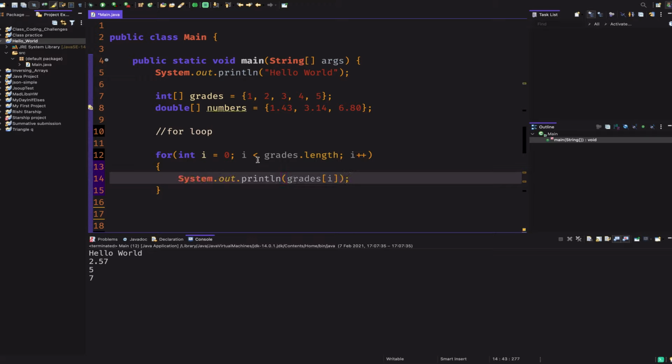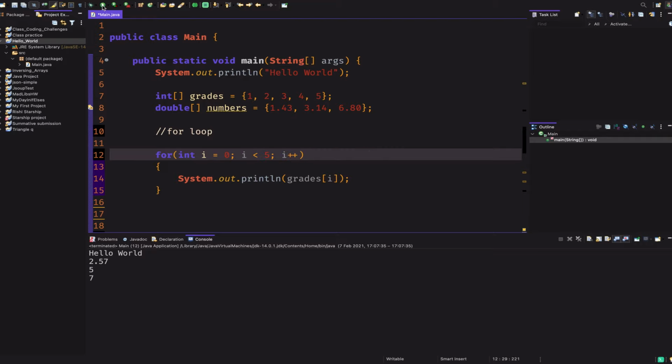The reason I put grades.length here and we have to use i is something a little more into coding in general, but one thing that's very important in coding is to make your code dynamic. Let's say there are 5 items, so the length of the array is 5.